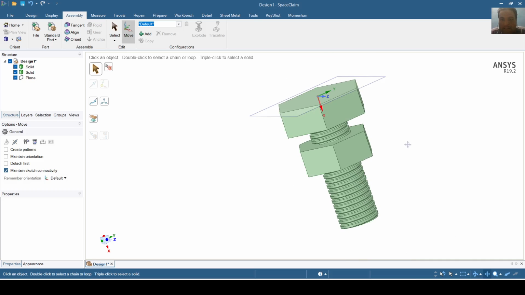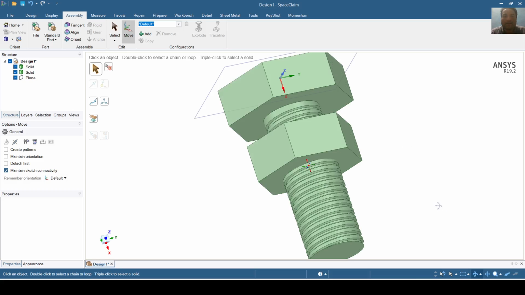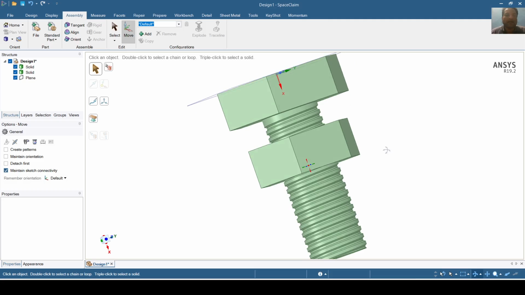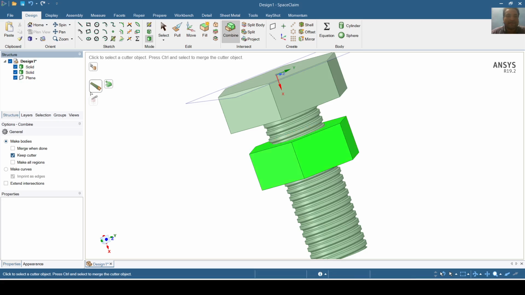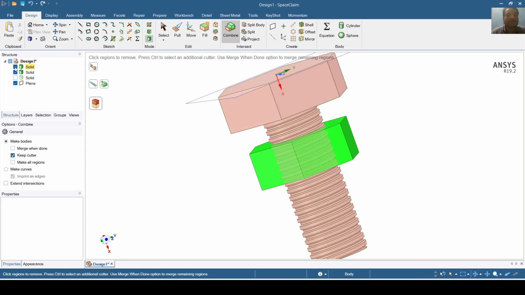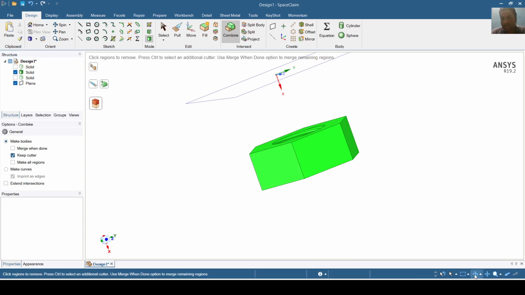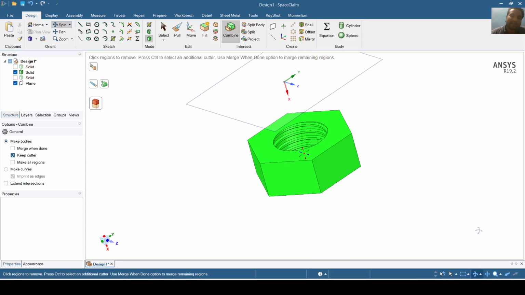I will go to the proper view, and now it is okay. I will now go to the design tab, and I will go to combine, and I will use this solid first, and this is intersection mode, and I will select this solid, and I will just hide this solid. So now you can see that the grooves or threads have been made in the